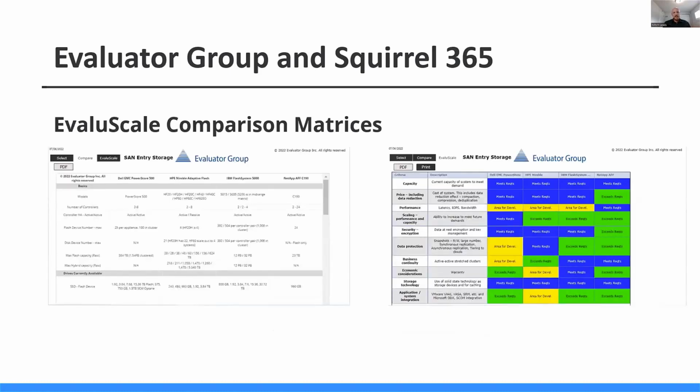There's a couple different tabs on here. There's a compare tab, and that is the matrix. As you can see, it's pretty straightforward. It just takes the data in from Excel, and you can line up your products and see row by row different features, functionalities, specifications. And then the other tab is what we call a value scale,